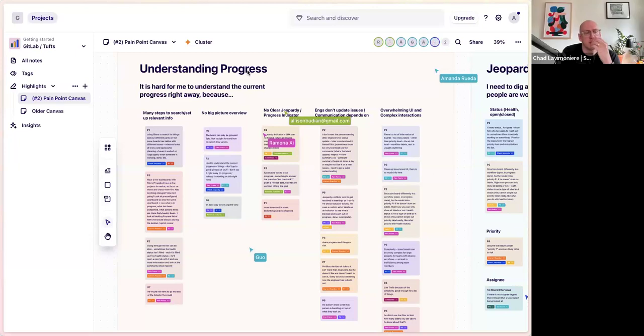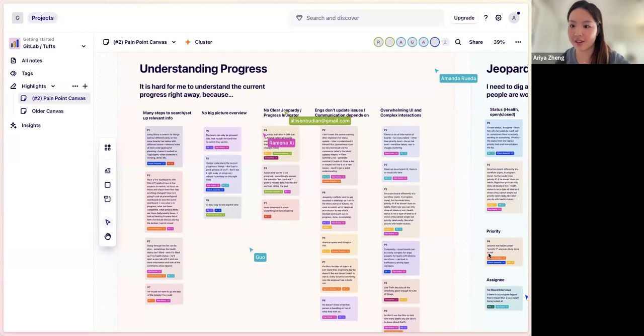So given that, what do you all think about narrowing down on one? Yeah, what do you think? I don't know. I'm kind of curious how what we said is different from what you and Amanda are thinking.